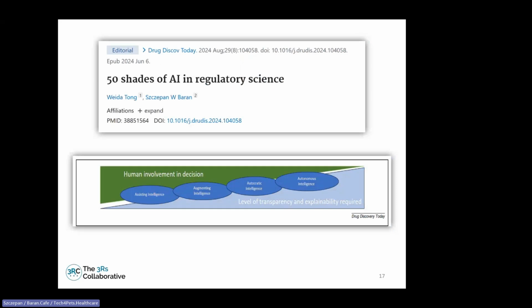I do want to mention a publication that we recently published with WADA, 50 Shades of AI in Regulatory Science. And I definitely give credit to WADA for that title. But it really dives into assisting intelligence all the way through autonomous intelligence within the regulatory space. On a basic level, it addresses those and explains how AI is being used